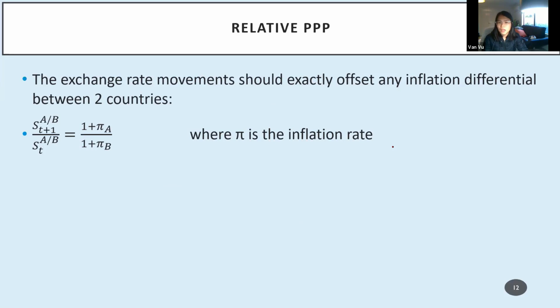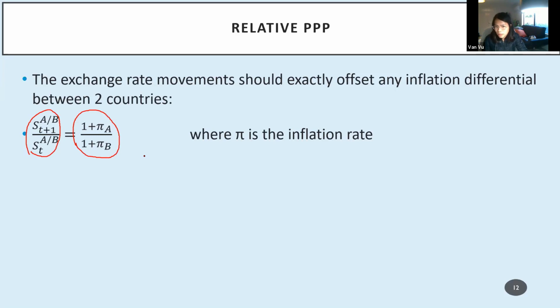So in the previous slides, we talked about the absolute PPP. In this slide, we are talking about relative PPP, okay? So when we say relative, we are looking at the change of prices and the change of the exchange rate. Here with relative PPP, the exchange rate movements should exactly offset any inflation differential between two countries, okay? So a change in my exchange rate should be explained by the differences between the changes in prices in